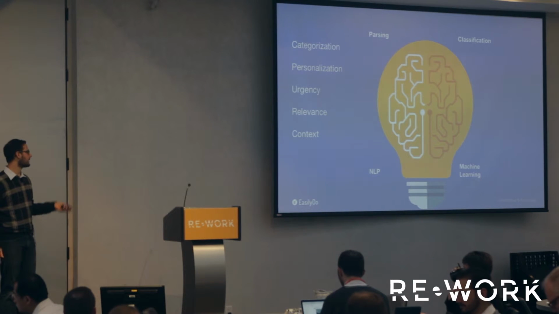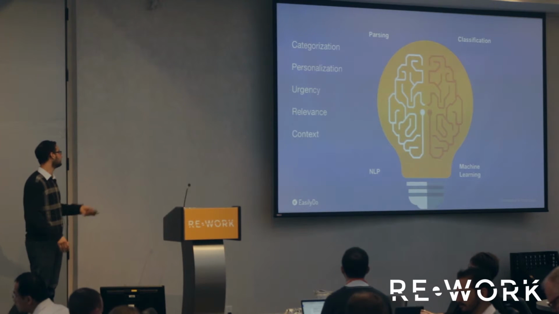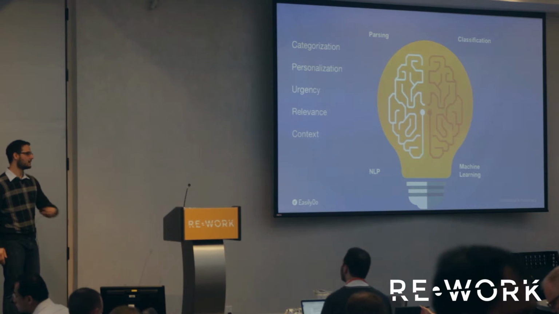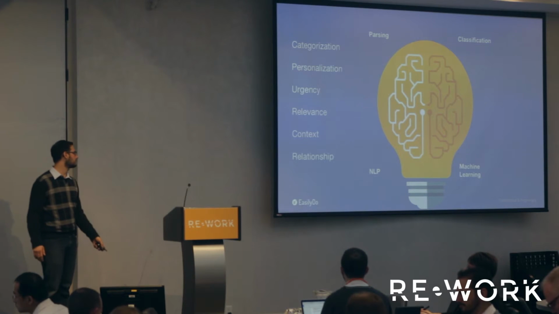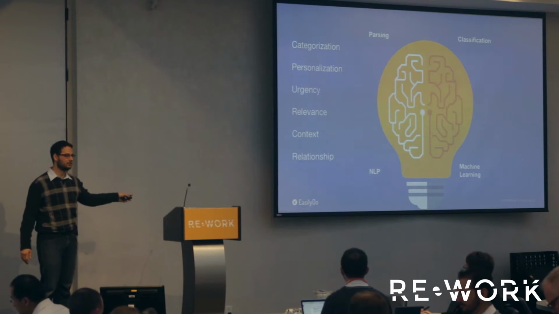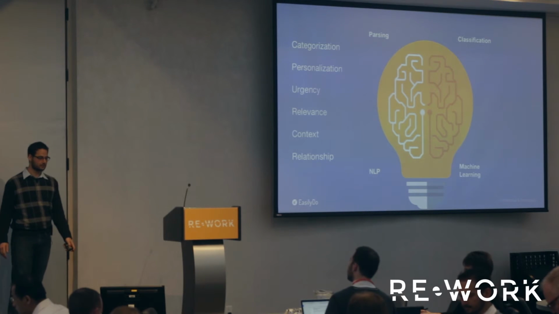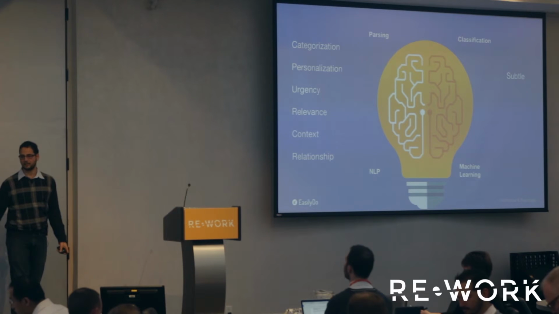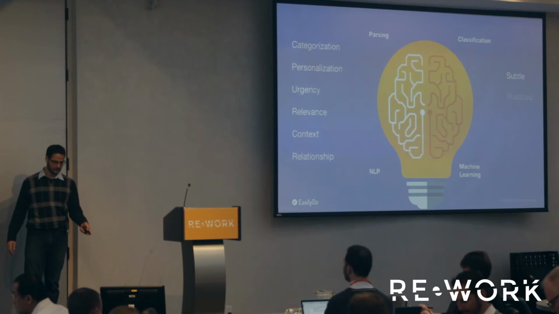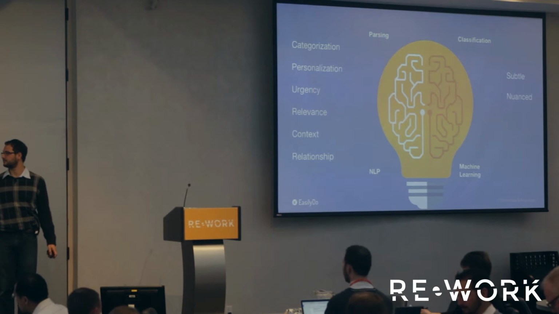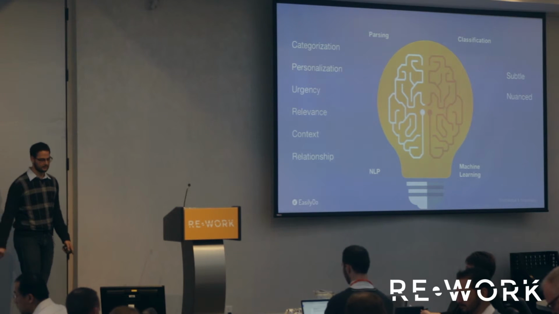So being able to provide the end user the context, relevance, urgency, personalization, and in some cases categorization is key for anything that you're building that touches an end user. And if you have these, this lets your service have a fantastic relationship with the end user, because basically you're delivering exceptional value in the form of subtle notifications and assistance that's very nuanced and precise. Right? You're not showing them an entire email. You're not taking them out of the app. You're just giving them that right bit of information.